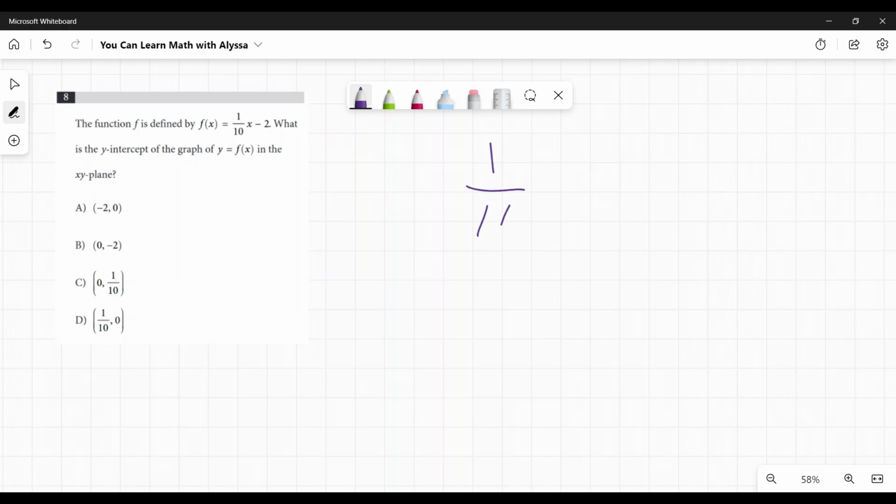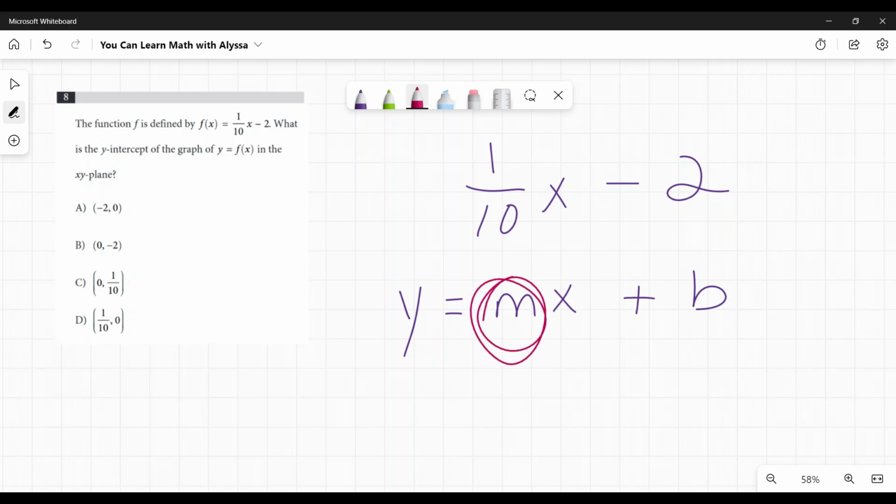So let's look at the equation they've given us, 1/10 x minus 2. This is a line. If you just have a single x, not an x squared, an x cubed, anything funky like that, just an x, this is a line. And it is already in what we would call y equals mx plus b, or slope-intercept format. In this format, the number by the x, represented here by the letter m, is your slope. And the number out here, the b that's by itself, this is your